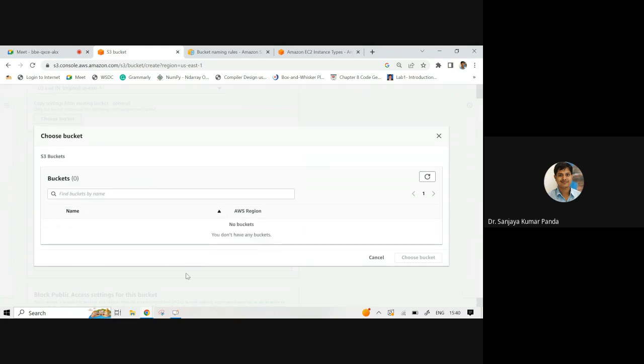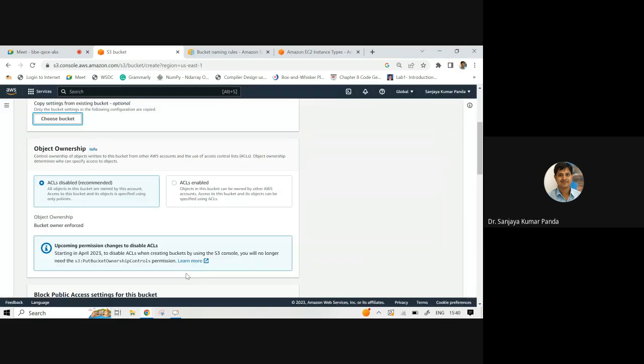Then the same configuration is copied to this bucket. Like in the virtual machine case also, if you have created a particular virtual machine and want to copy the same configuration while creating a new virtual machine, that also you can do.